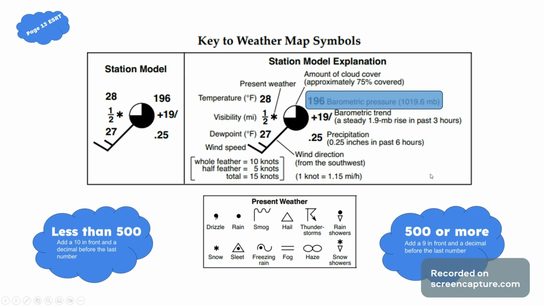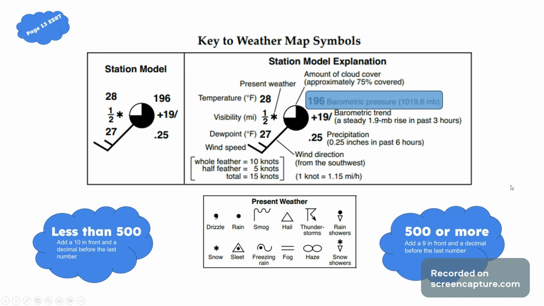What you're going to need to do with those 3 numbers is follow one of 2 rules. So in this case, we are going to follow the rule on the left here, the less than 500, because our 196 reading is less than 500. You're going to want to add a 10 in front and a decimal before the last number. That process will get you your actual air pressure at 1019.6